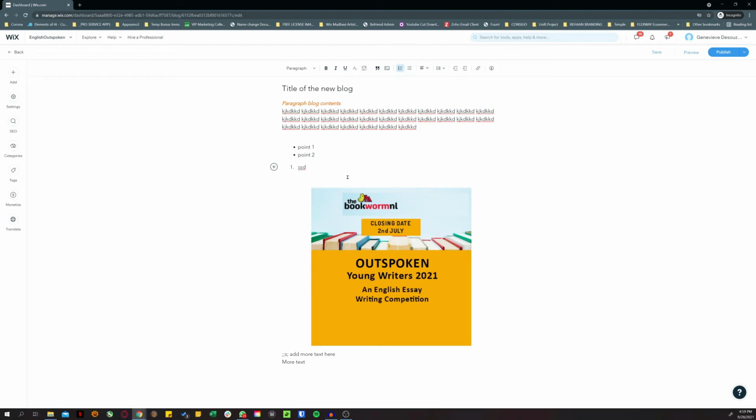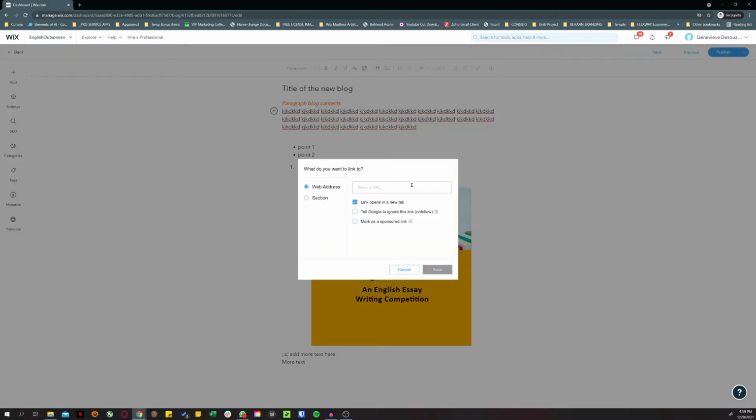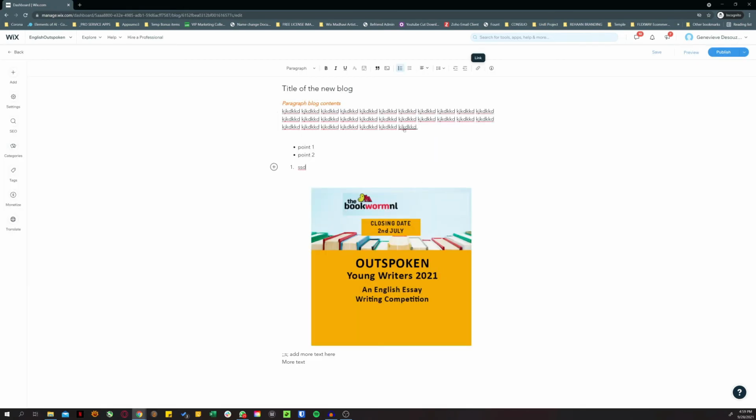And if you want to convert any one text piece into a link, you can just select that text and add a link to that text. So when you save it, this particular text string would be a link to Google or any page that you add. So once you're done with this, you can publish the page.